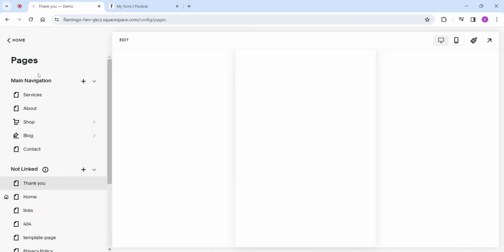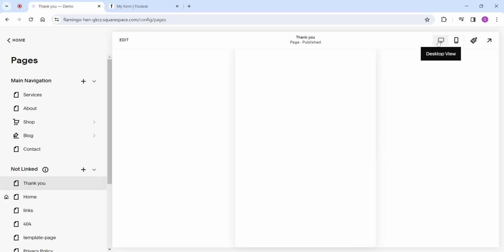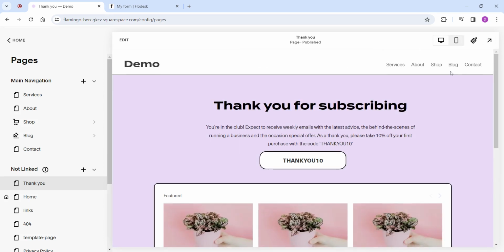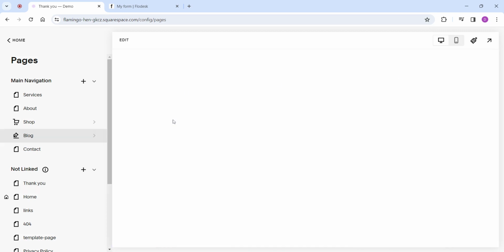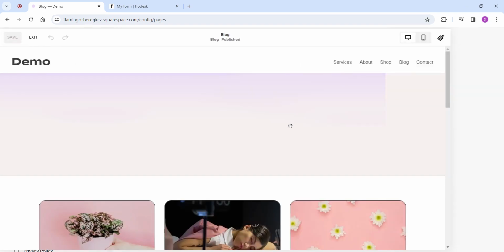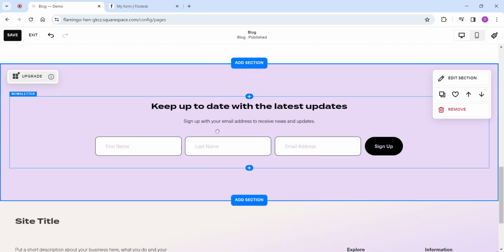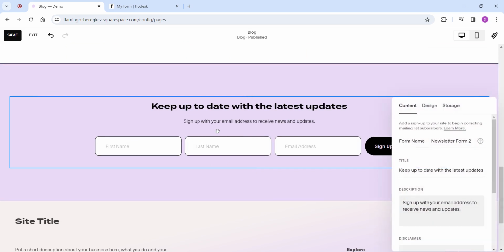Now I'm going to show you how to connect this to a standard Squarespace sign up form on your blog page or anywhere on your website, and then I'll also show you the Flodesk version. So on this particular website there is a sign up form on the blog page. So to connect it to that, all I'd need to do is scroll down to the section with the newsletter template. I'd double click on it